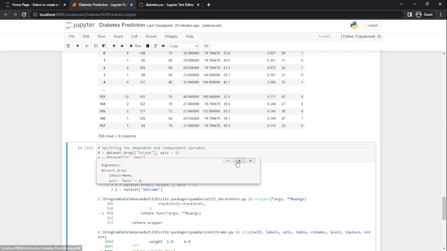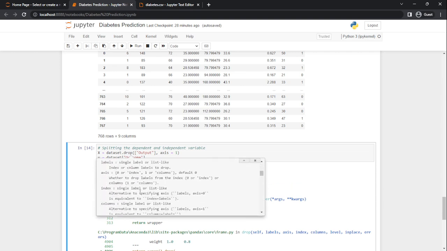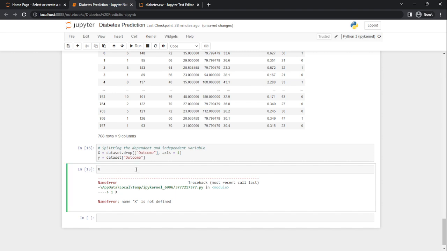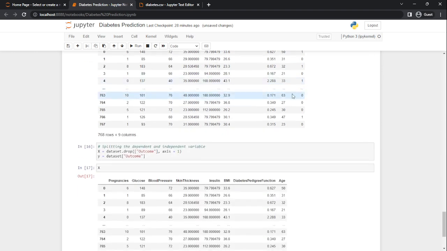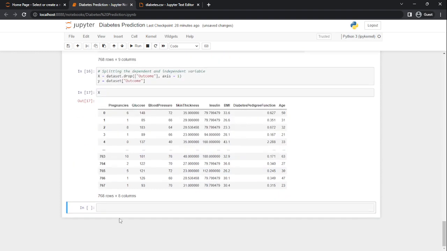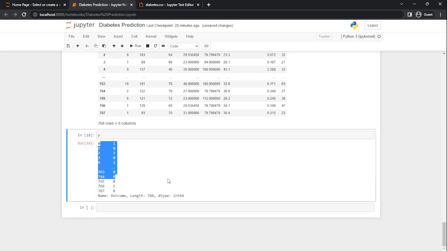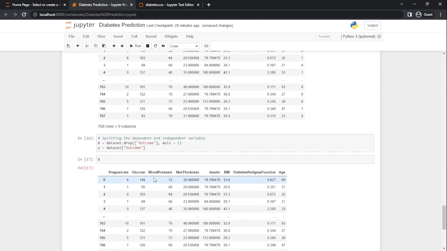By default axis is 0. Basically 0 is like an index, or a column. I just want to drop the entire column itself. So output, okay, my bad, it is actually outcome. So let us re-execute that, and now we can see x. We can see the same thing except we don't have the outcome, whereas outcome is inside y. So this will be our outcome. So our data is ready now